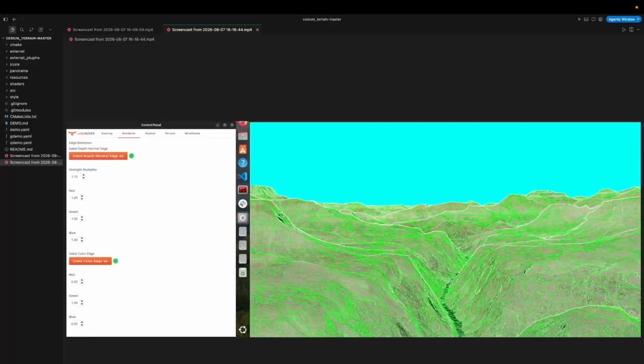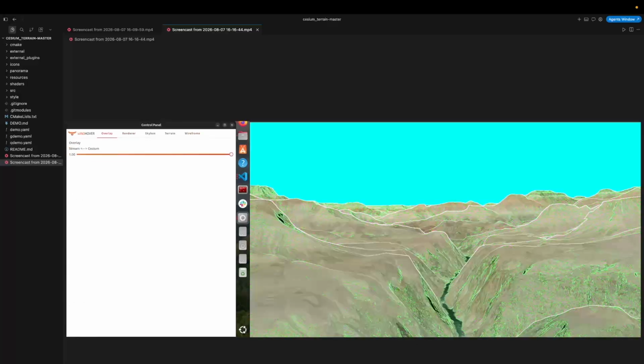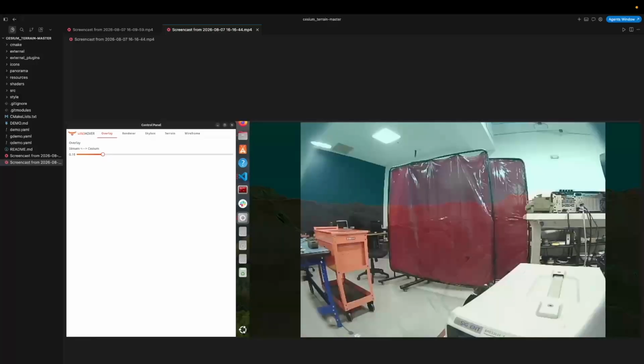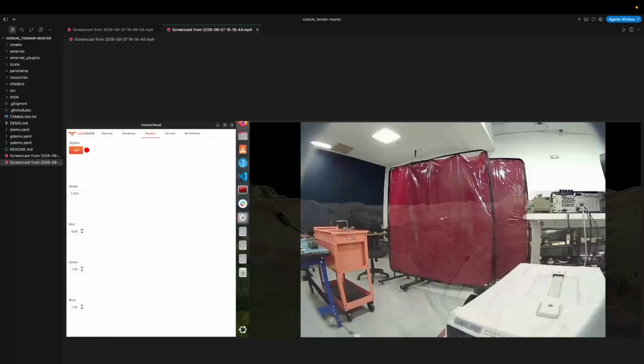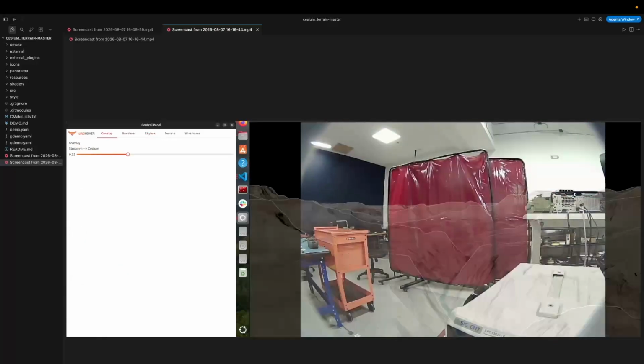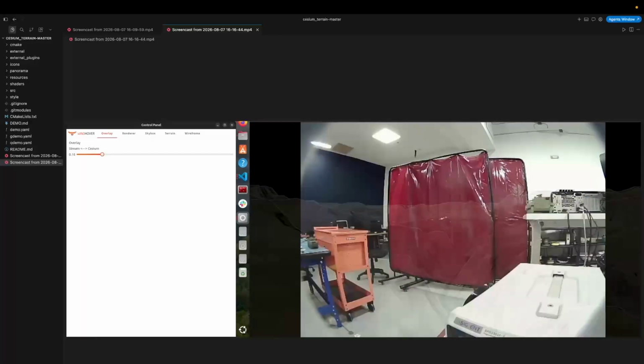And I'm just going through a bunch of other effects that we iterated through. There's simple blend, Phong shading, different alpha blendings with the real footage and the fake terrain, and then of course all the different color customizations. Another feature that this has is it can actually interact with the YAMS ground system and send commands